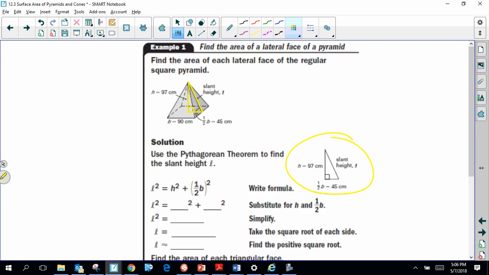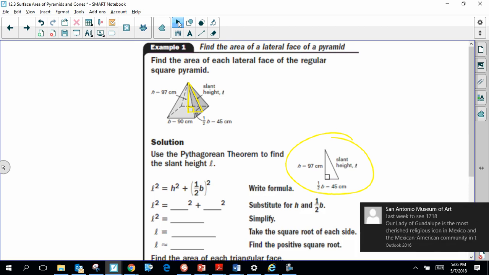So here we're going to use the Pythagorean theorem to figure out what the slant height is between what those pieces are. So we're only looking at half of the base, so that would essentially be,